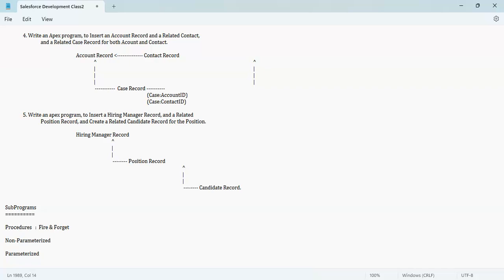Void means nothing. Okay. So the syntax looks something like access specifier